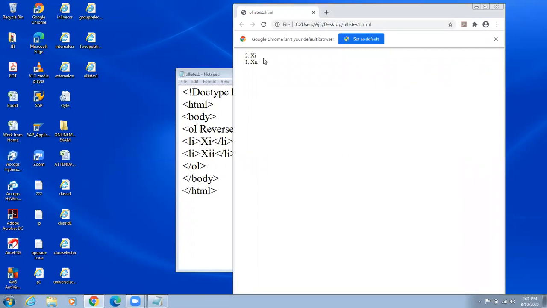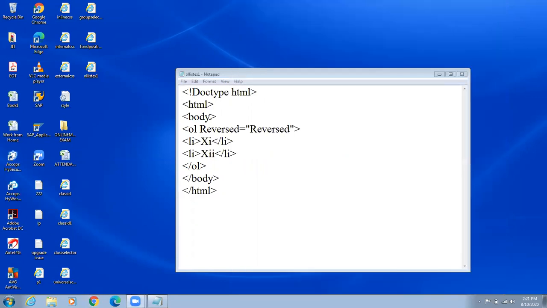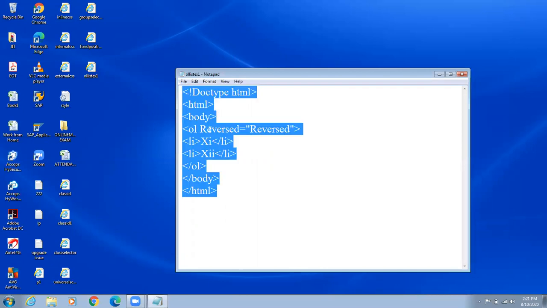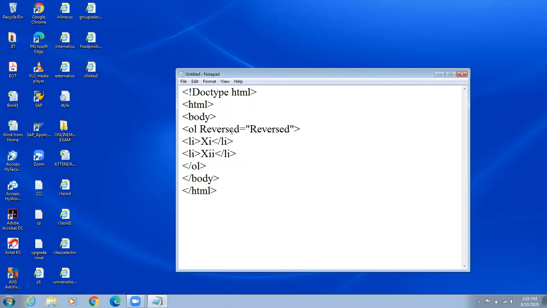Next we will start unordered list. Okay, what is the unordered list? Type is an attribute. Okay, and which are the 3 values of this type?